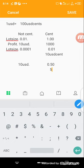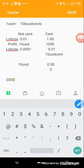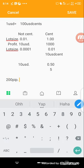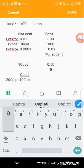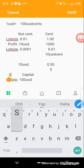And another advantage: for example, you have a stop loss of 200 pips, and your capital is 100 USD. This is your capital. Now, if your capital is 100 USD and you have a stop loss of 200 pips,